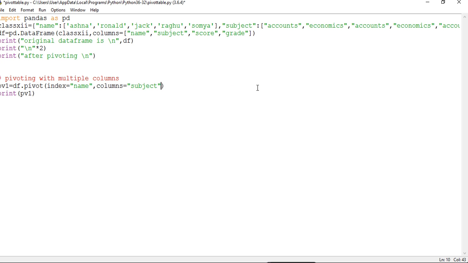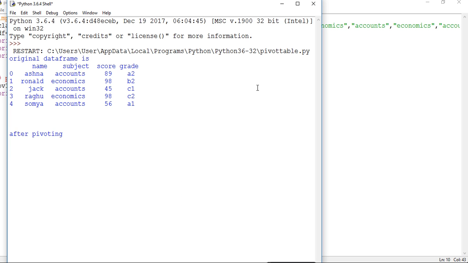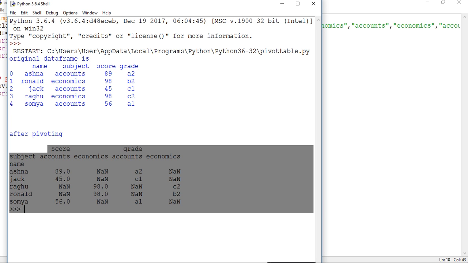The output will be the same, because the index is name, columns is equal to subject, and there are two values given, score and grade. See, this is also a method to use multiple columns in pivot tables.